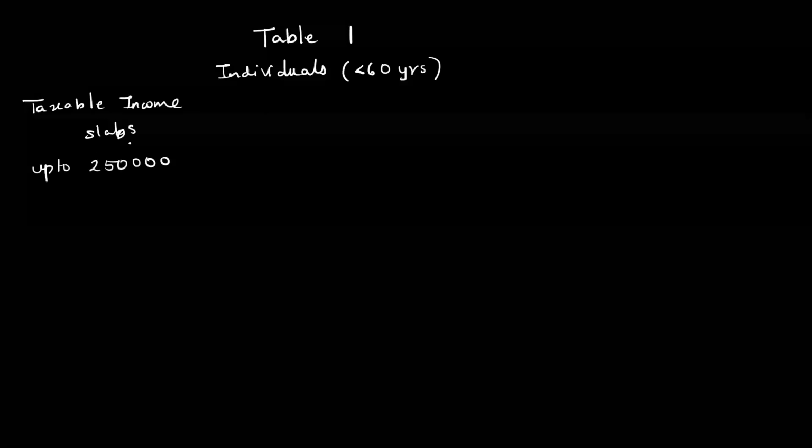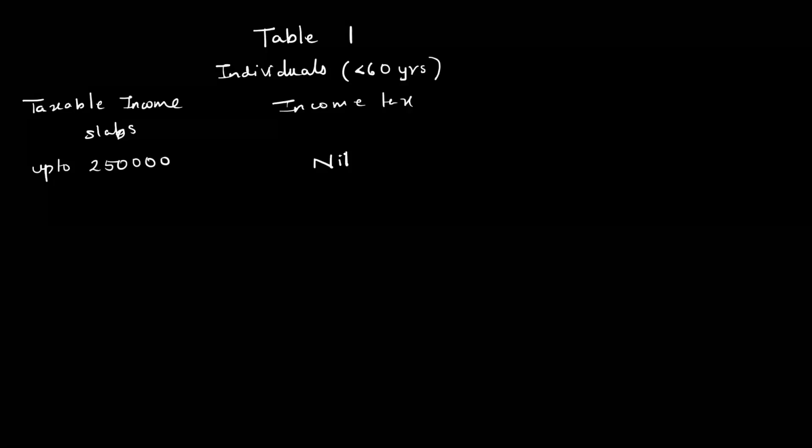If in a year someone earns 2,50,000 or less than that, then if you notice, the income tax part is nil. That means if you are earning in a year less than 2,50,000, you do not have to pay any income tax. Now, with income tax, there are a few other taxes related to education. It's called education cess. And the last is secondary and higher education cess.